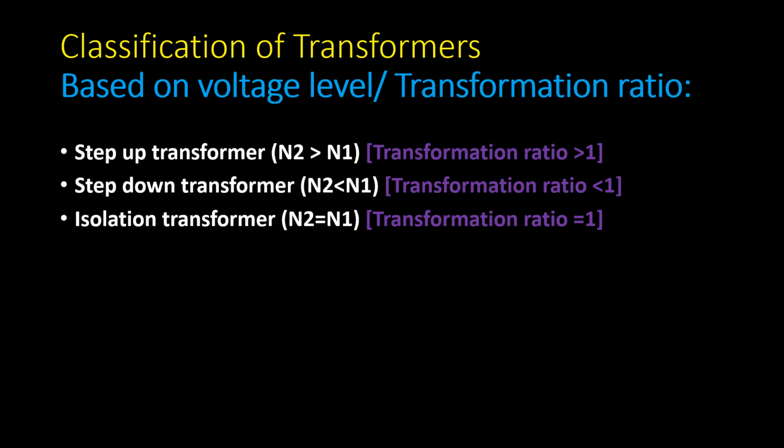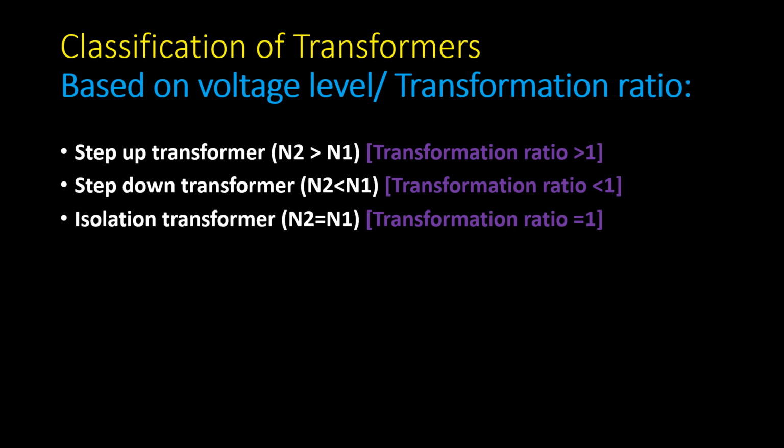We need to separate two circuits electrically, but we need to have magnetic coupling in between them. If your requirement is like that, then you need to have an isolation transformer. An isolation transformer gives you electrical separation. The two circuits will become electrically separate, but magnetically they are connected on the basis of transformation, on the basis of mutual induction. Such types of transformers are also in use, and it is called an isolation transformer.